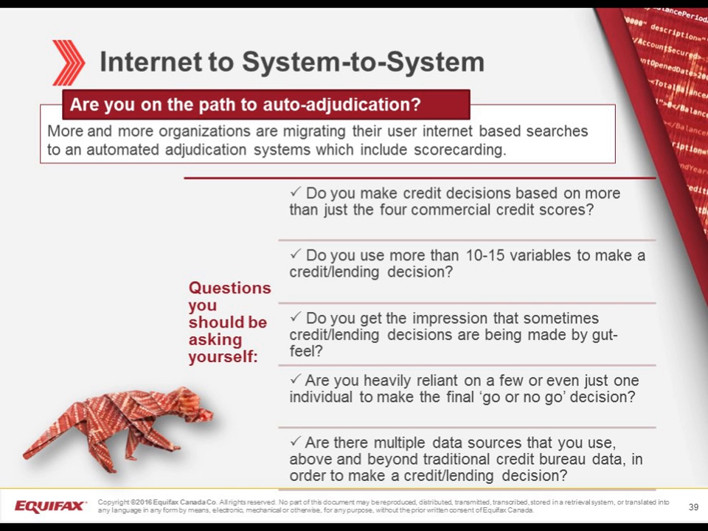And the last one, internet or system to system. So are you on the path to auto-adjudication? More and more companies are migrating their internet-based searches into an automated adjudication system. What this means is that rather than taking the time and energy to log into a website and put the information in manually, they've started coding things in so that when a credit application is brought up within your company, it gets submitted online for you,